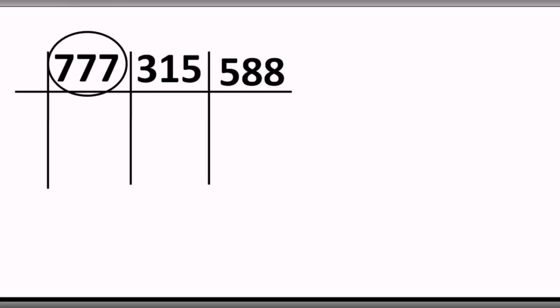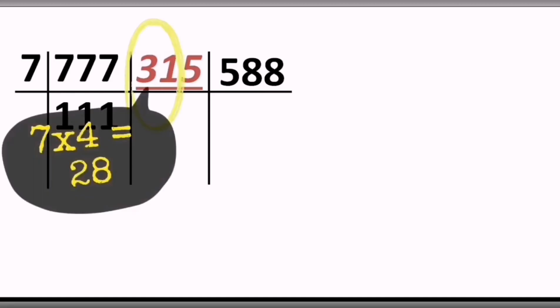Yes. Okay, so what we are going to do, we will try to see whether the remaining two numbers, 315 and 588, are divisible by 7 or not. And if you do our regular division the way we are doing it, you will come to know that yes, these 315 and 588, both the numbers are divisible by 7. Okay, but how I started, I got the clue with the help of the first number, that is 777. Then I gave some trials to check whether the remaining two numbers are divisible by 7 or not. Okay, so let's move on.